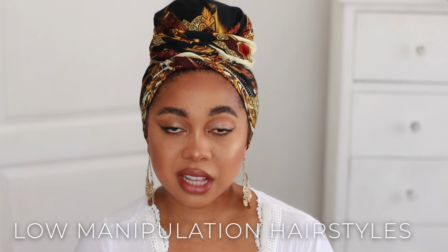Now, if you've discovered that yes, you indeed are shedding a lot of hair, the first thing you can do to help reduce the shedding is to do low manipulation hairstyles. Your hair can naturally shed and fall out, and I'll get into that in the later tips, but you can also pull your hair out by over manipulation, especially if your hair is already weak. So if you comb your hair too much, if you brush it too much, if you're constantly doing certain styles that require you to part many tiny sections of your hair and manipulate it that way multiple times,